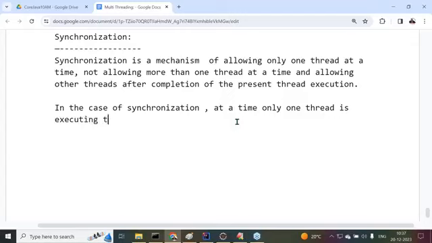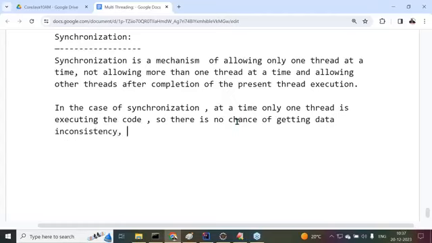So there is no chance of getting data inconsistency. Does everybody understand my point?